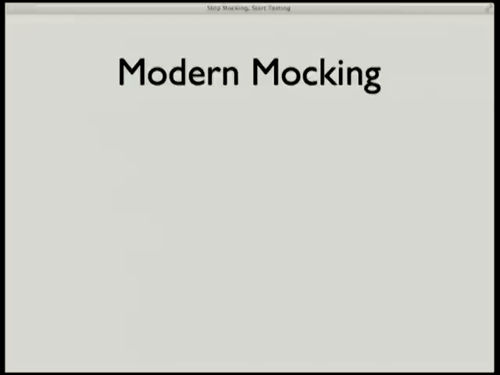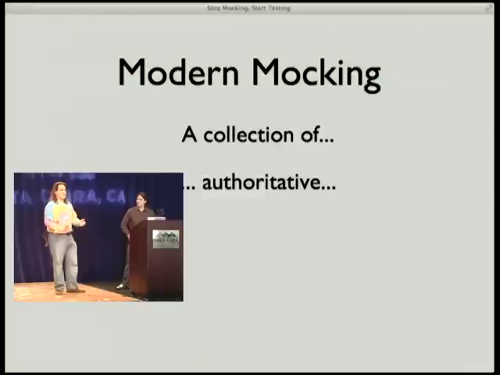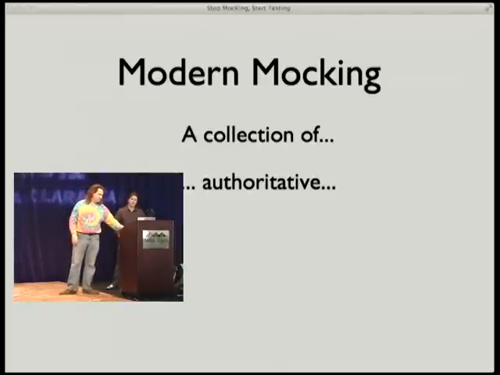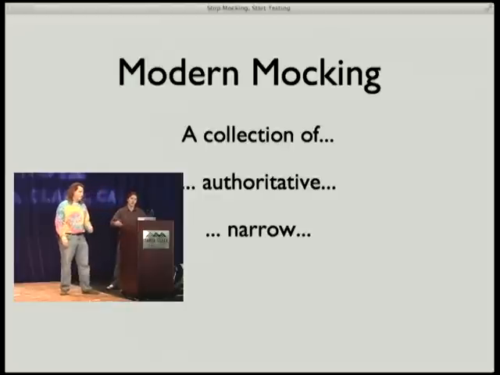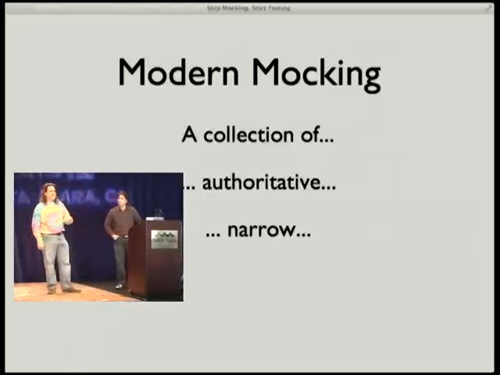So let's talk about our modern mocking, our mocking today. We have a collection of mocks that is authoritative, which means there's a known place for all the mocks. If you need a mock of something, you go look for it there. And if it's there, you use it. You don't write your own in your own little one-off test, way off in the corner. And if it's not there, you can fill it in there. We also can statically verify that these aren't included in our deployed binaries. So there's no way that when we deploy, we're going to accidentally be writing to, say, an in-memory data store and catch it later.